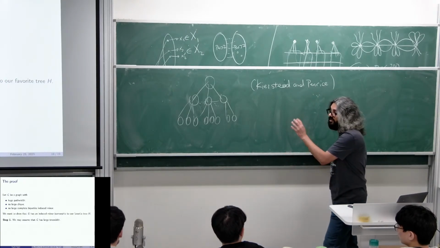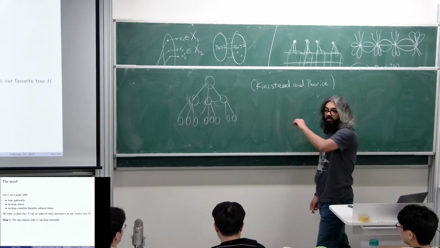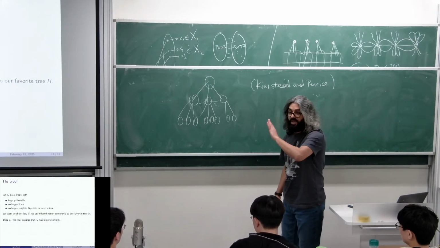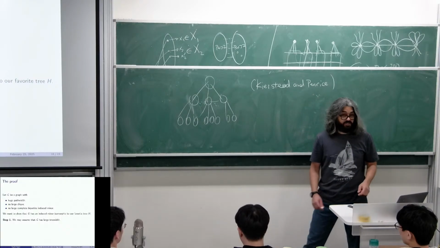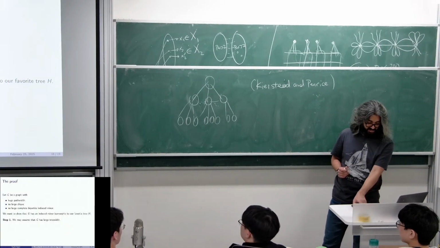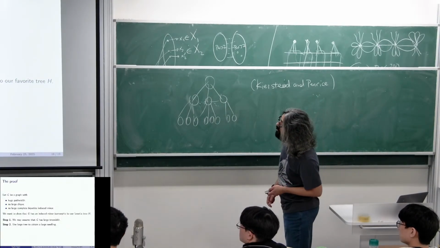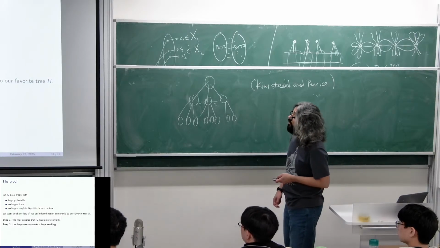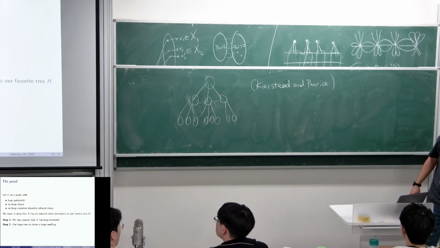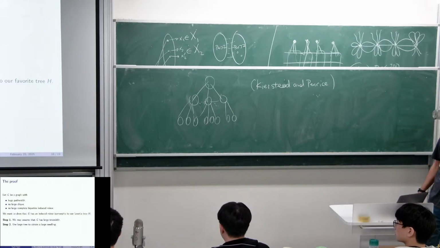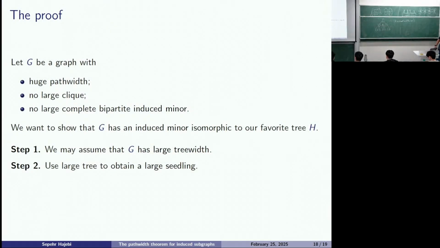So the whole idea here is that because I'm assuming that the tree induced minor is not there, I can pass from large pathwidth to large tree width. So that's the first step. The second step is to use large tree width to get a large acetylene. And this one I'm not quite sure if I'm going to have time to show you the details of it, but